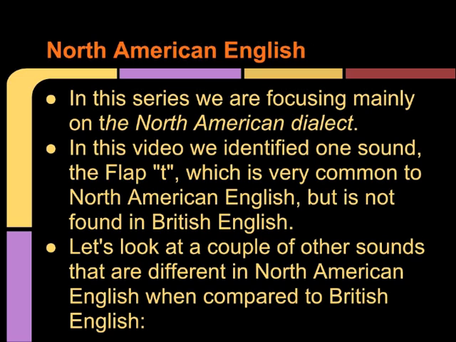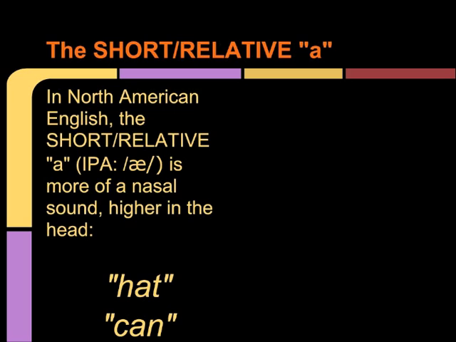In this video, we identified one sound, the flap T, which is very common to North American English, but is not found in British English. Let's look at a couple of other sounds that are different in North American English when compared to British English. The short relative letter A. In North American English, the short relative A, as we said IPA, A, is more of a nasal sound, higher in the head. Hat,